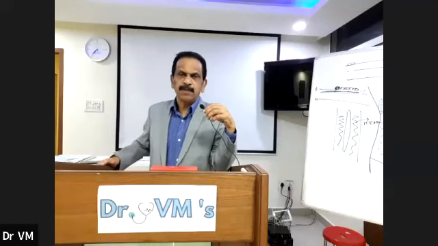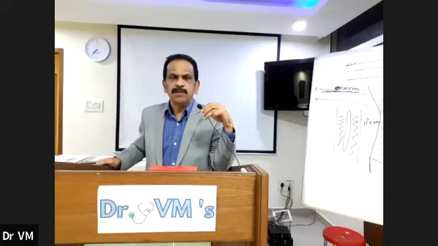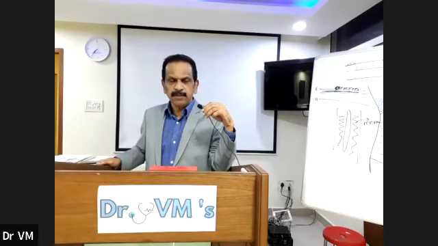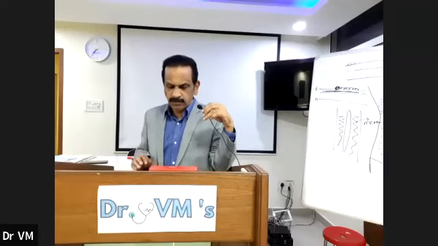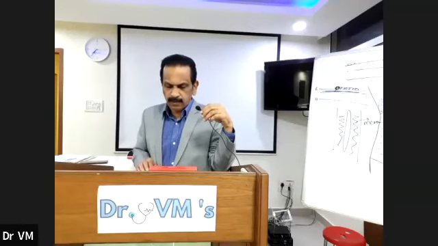Pregnancy also, for that matter, when there is raised intra-abdominal pressure, causes mild sliding up of the esophagus into the thorax, causing the hiatus hernia. Even pregnancy sometimes can cause a transient hiatus hernia. And it could be hereditary also, the congenital hereditary. So that is all about hiatus hernia.